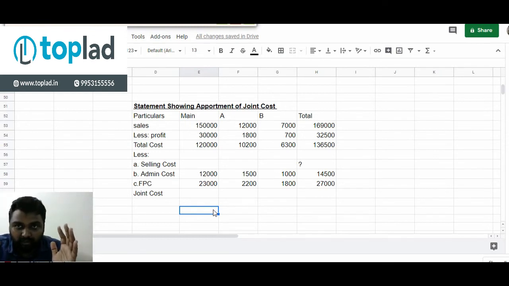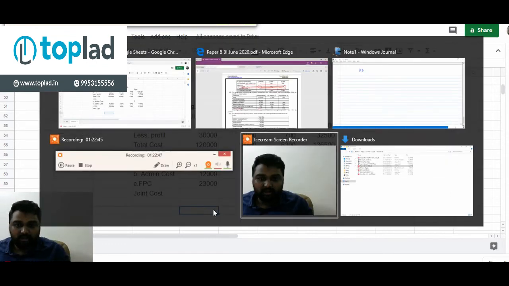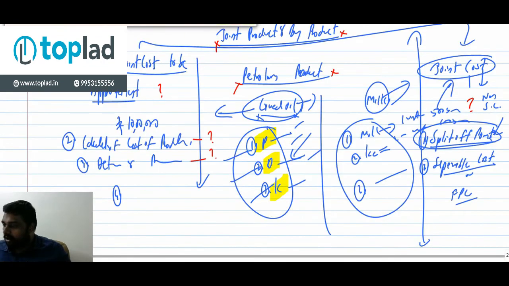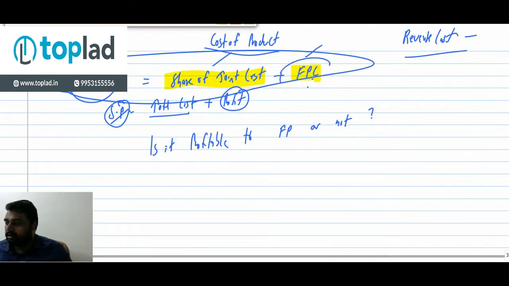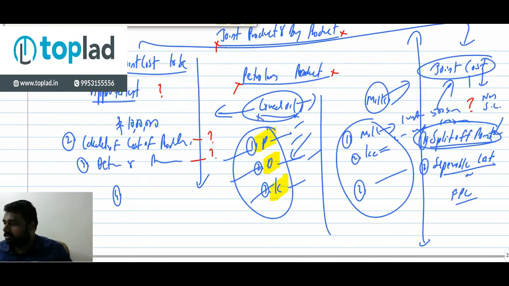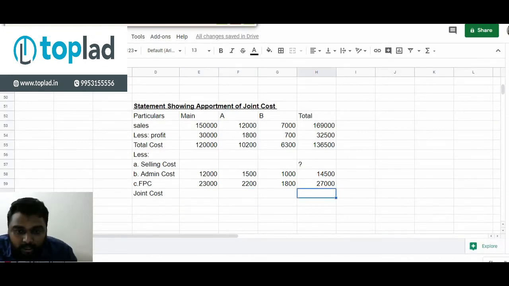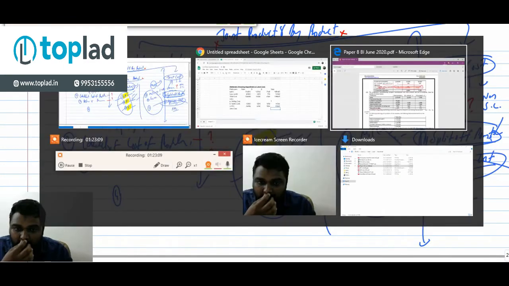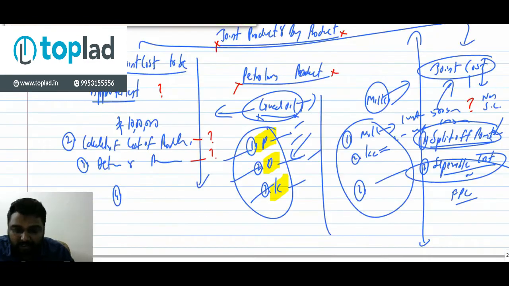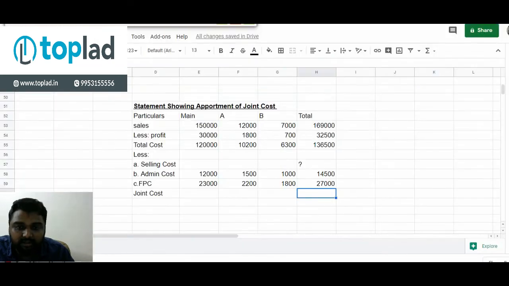See, in the first session itself, we have discussed it. From the total cost, if you deduct the further process and separable cost, we will get the balance cost. So what will be the answer? Here the total of joint cost is given in the question. That is before separation, it is 75. This is the clue. The clue is before separation.